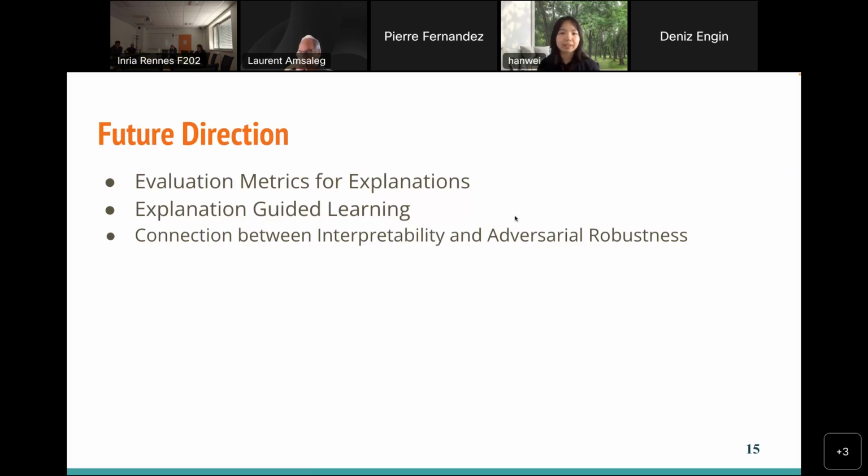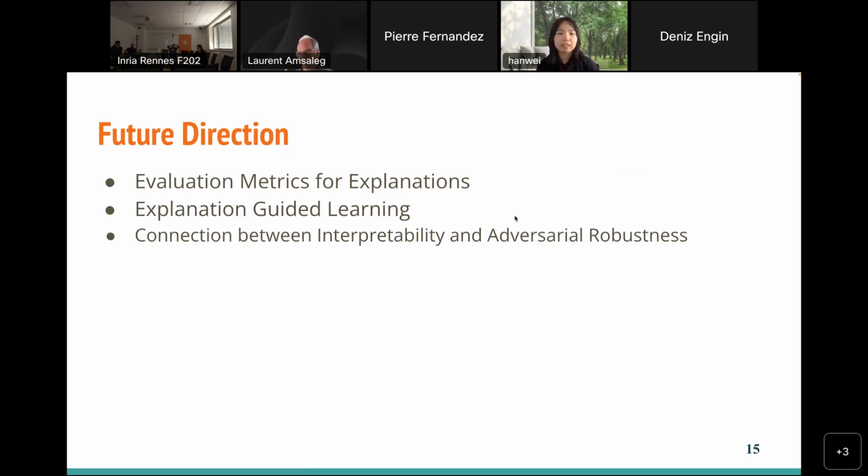It doesn't make sense to me. And I would like to investigate how to evaluate the saliency map more fairly according to this case. The second thing I think is quite interesting is we could use all this explanation to try to guide